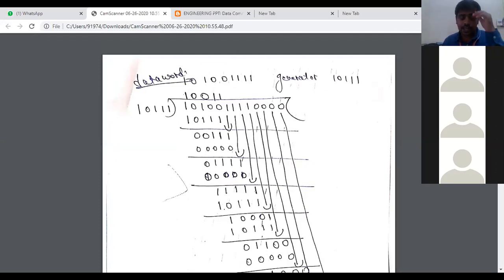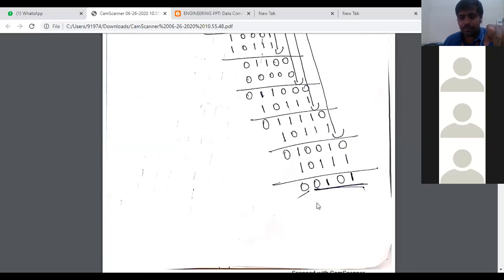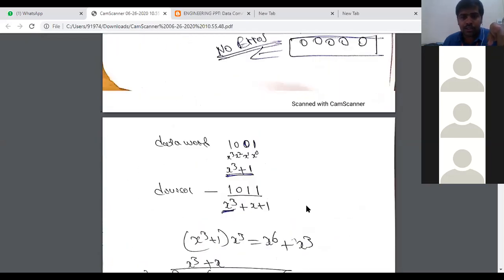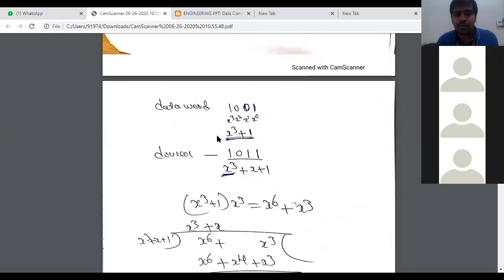This is what we have solved directly with the help of CRC. There is another scenario. He may ask you to solve with the help of polynomial. If he is asking you to solve through the polynomial, then the procedure is going to change. That also I will show you, how the polynomial works. So one small example I have here. In case of polynomial, he will be giving you the data in terms of digits, that you have to convert into polynomial, then do the division operation at the sender side and receiver side, then say whether error has occurred or not, if the question is in terms of polynomial.